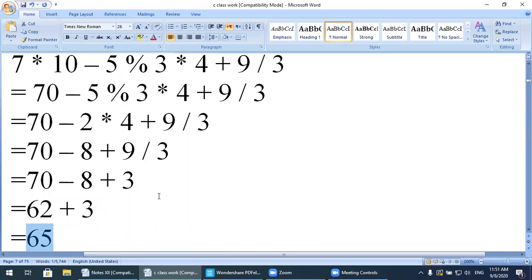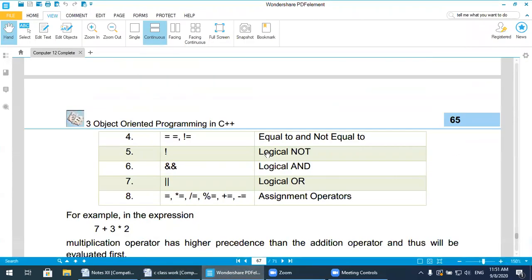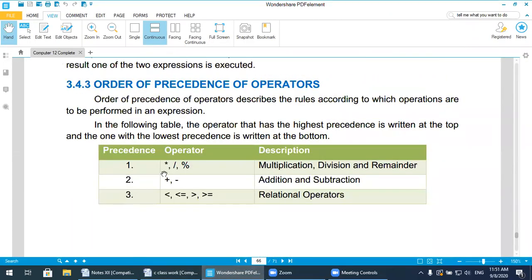In this way, you can solve the expression on paper or in your math. Different examples are also present. They will be asked in your exercise. So you will try to solve the expression yourself and keep in mind the priority and the precedence. So I will repeat. At the first precedence, plus, asterisk, slash and modulus have the same